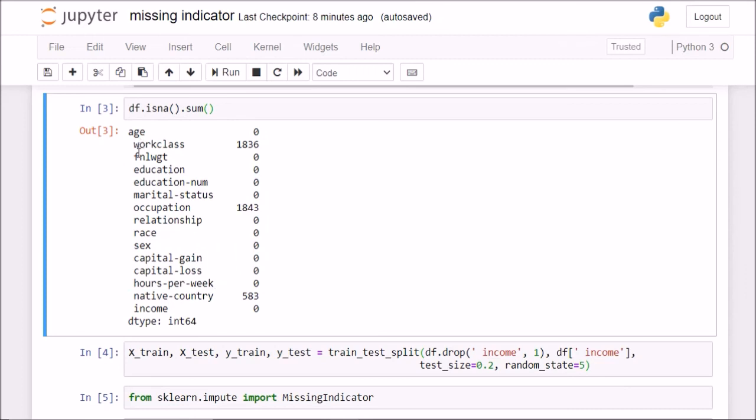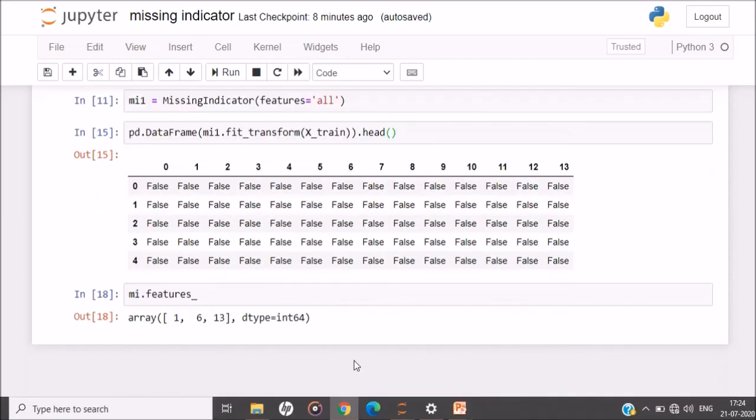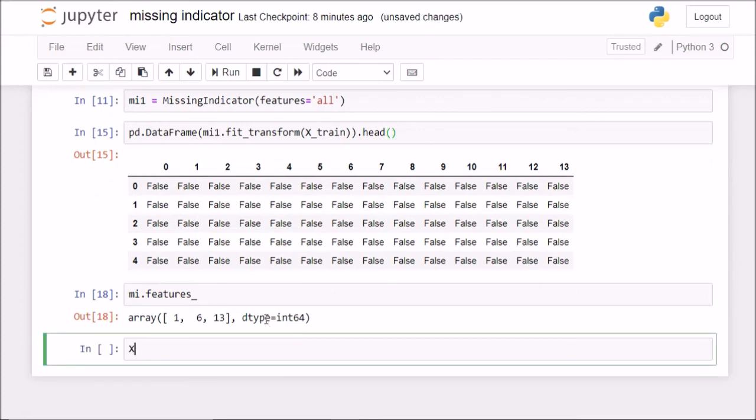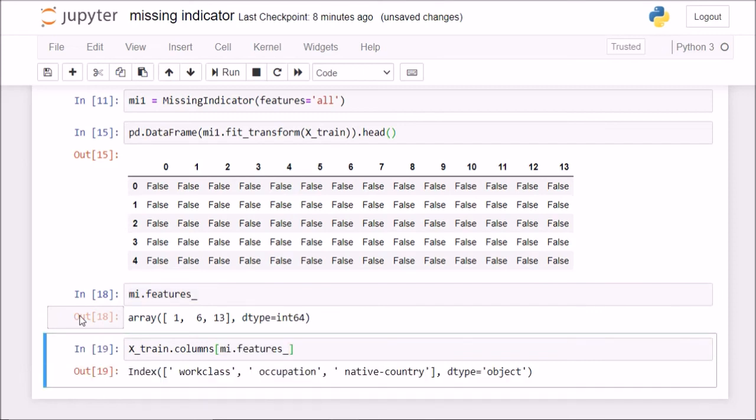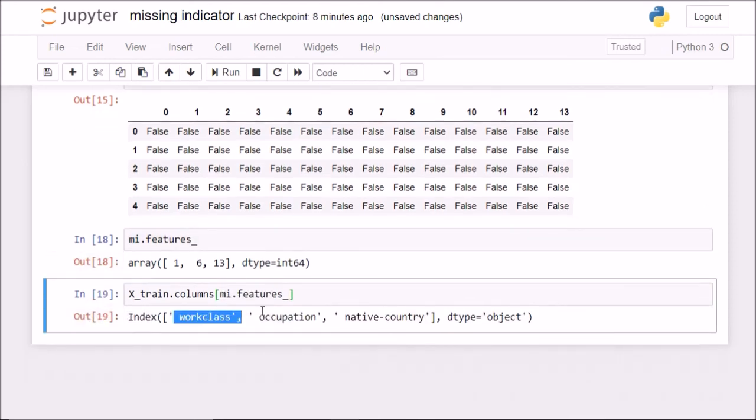So 1, 6 and 13 mean that the workclass had missing values, then column 6 had missing values, and column 13 had missing values. If I simply want to cross verify, I can say X_train.columns and pass in this mi.features_ array as it is. Now it is giving us 3 columns: workclass, occupation and native country. This is just an attribute of missing indicator that I wanted to cover in this tutorial.